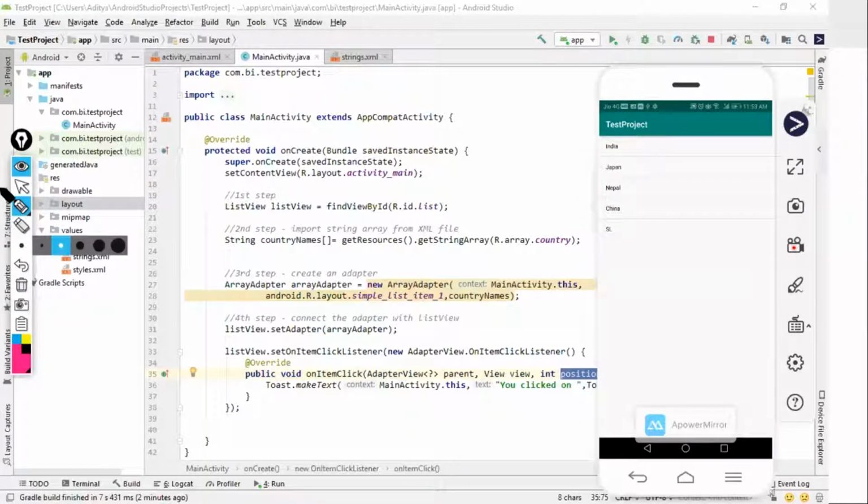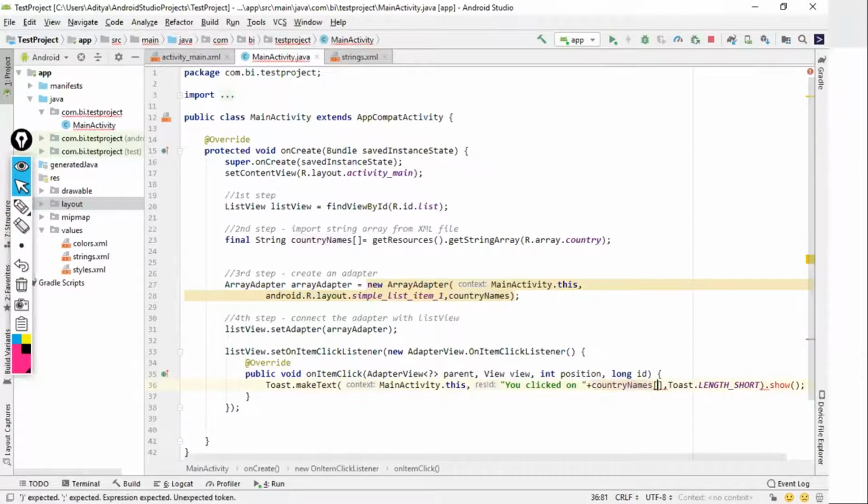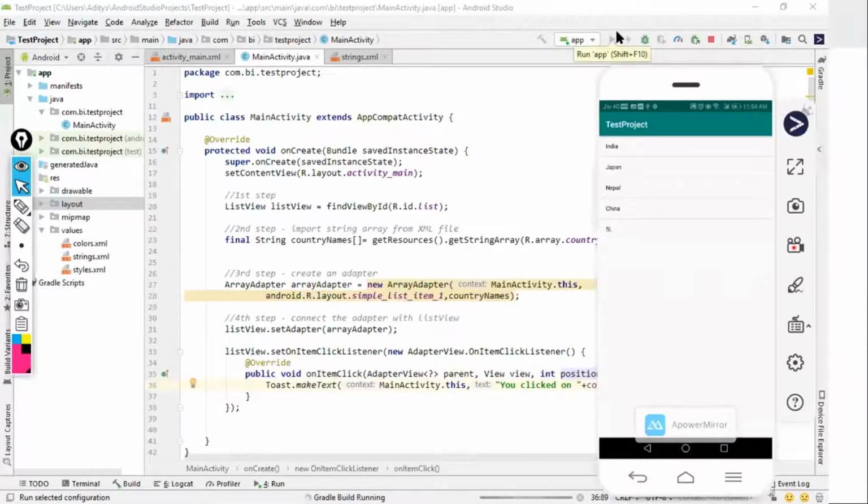So I'll go to this, "you clicked on," add a concatenation operator plus, and write country names, and inside this I'll pass position. Let's run the code. Okay, let's click on Japan. So, you clicked on Japan. China, clicked on China.